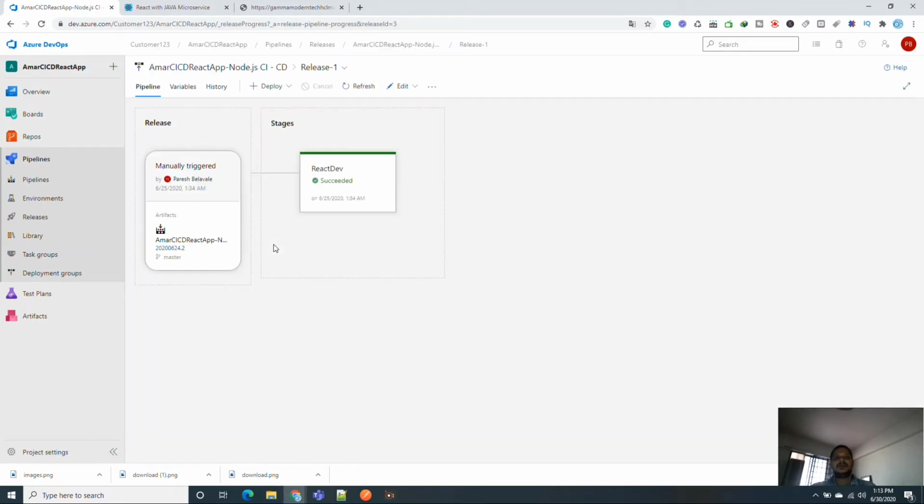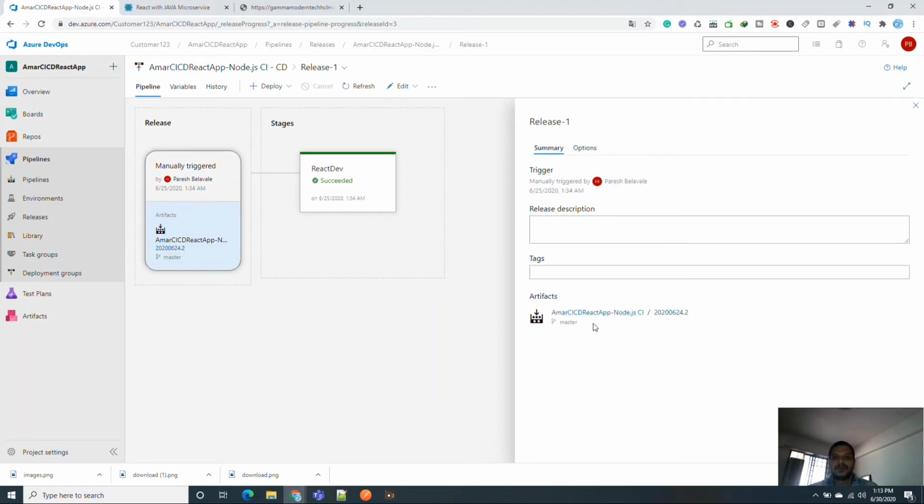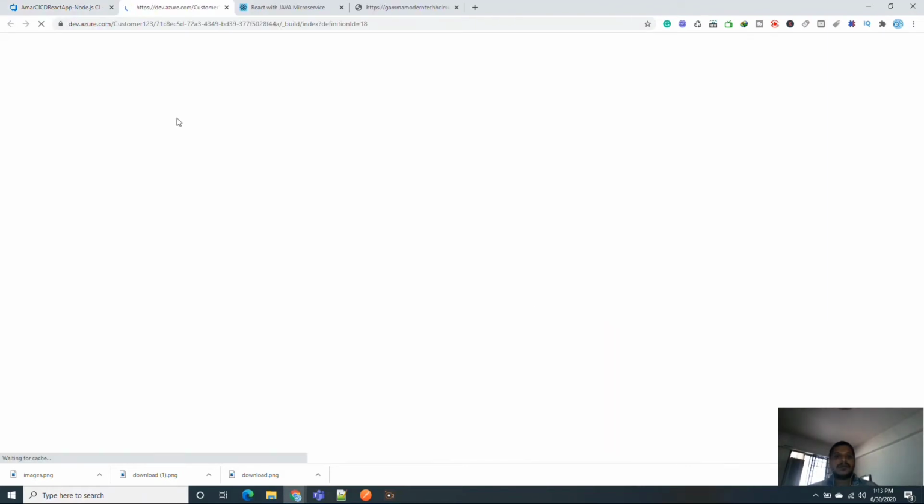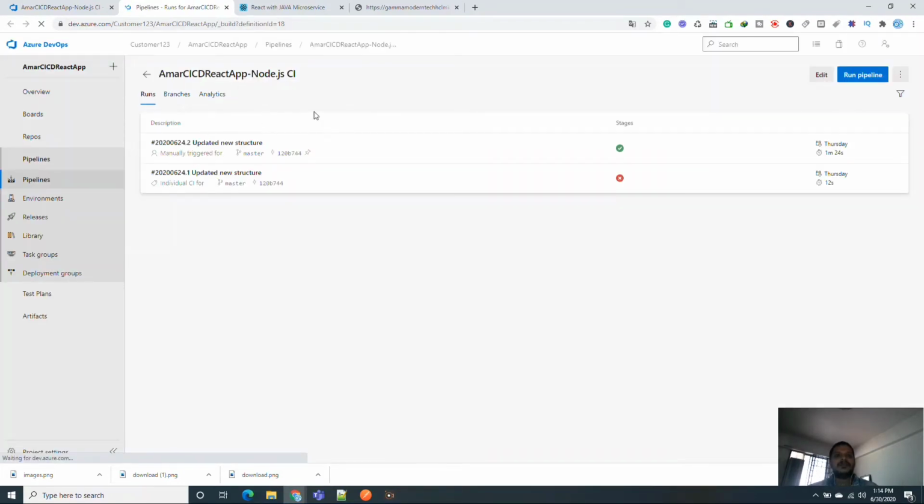First thing you need to do is link your continuous integration pipeline with your stage. So this is the continuous integration pipeline I have linked here. You can see it here. It is linking to my continuous integration pipeline.